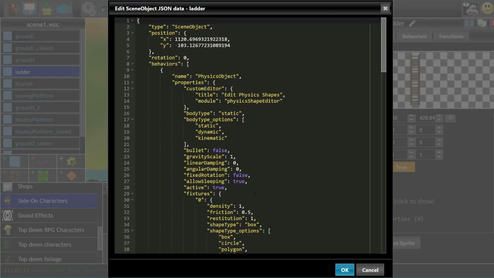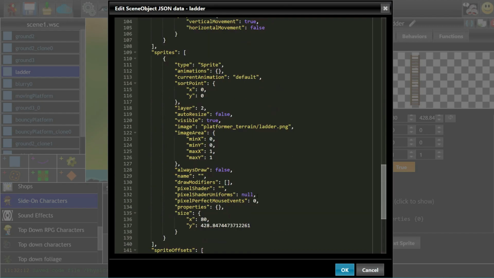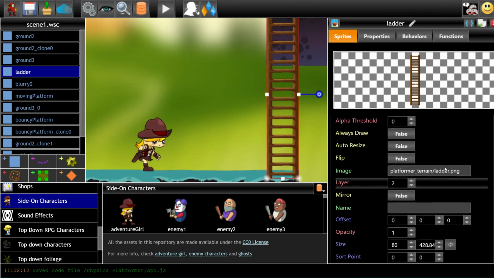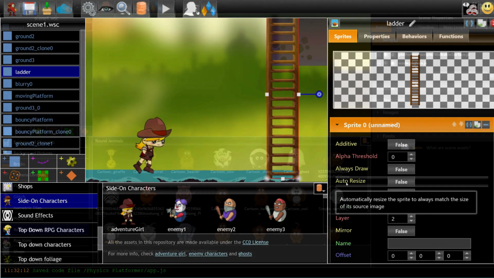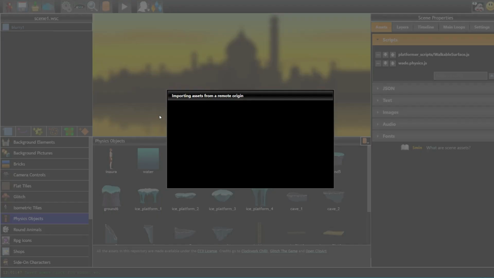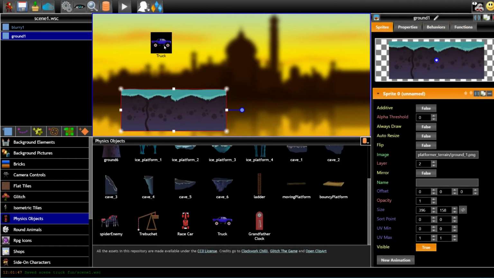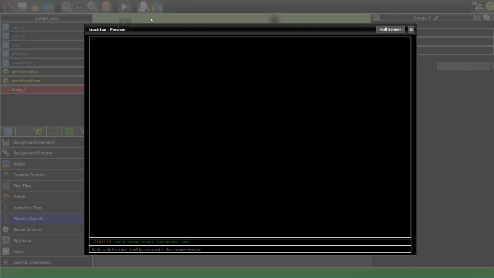So you can see there is some JSON code that describes all the properties of an object, and you can edit that if you like, or you can use the graphical user interface, which works in your browser or is also available to download if you prefer to work offline. You have access to a very large and ever-growing library of pre-made objects and things that you can use in